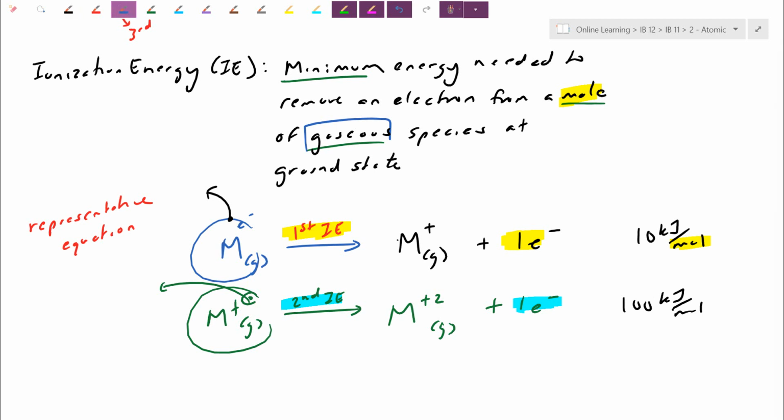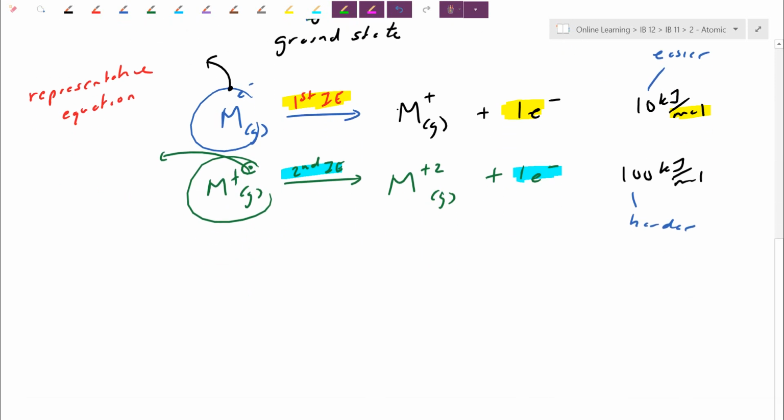This is the energy that you need to remove the electron. The lower the number, it means this one here is easier to remove. The higher the number means it's actually harder to remove. And in fact, this usually happens here: if I take one atom and I remove multiple electrons, it's going to end up getting harder and harder. We're going to call these successive ionizations. Successive means one after the other. Successive ionizations become